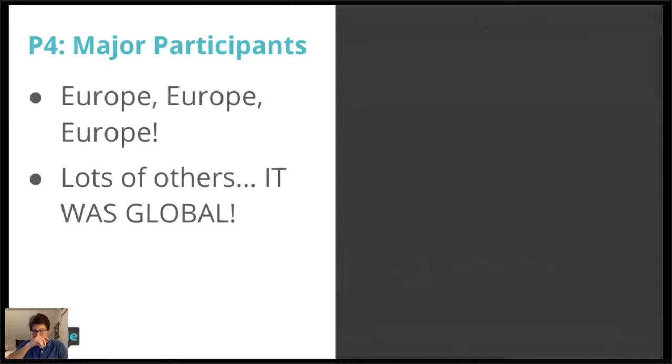So major participants, lots of people, but above all, Europe. Portugal, Spain, France, England, the Netherlands. They're going to be major participants in trade in this time period. They are really going to drive global trade with their involvement in the Indian Ocean, with the colonization of the Americas, and their involvement in the Atlantic. They're even going to spark trade in the Pacific as well, right? There is going to be a trans-Pacific trade, although perhaps not quite as significant as